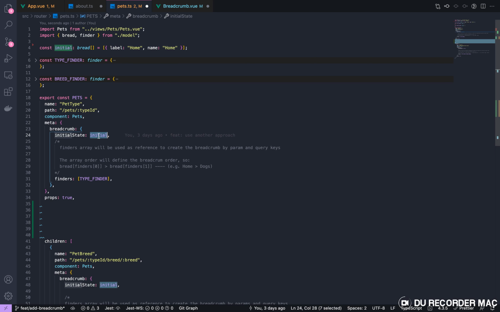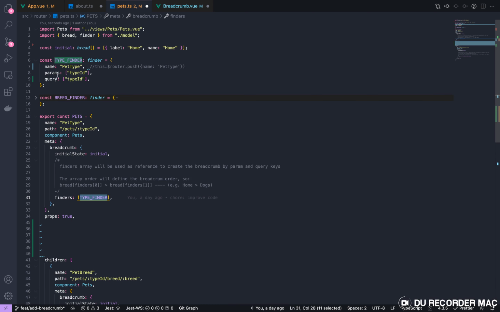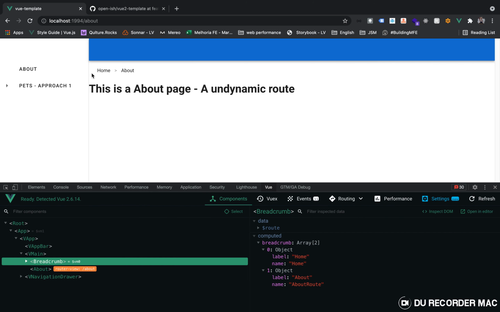So I have the initial state here, and I also have another field. In this case, I have the finders field, which is an object array. This object has some key information about our header. For example, we have the name of the header, we have a param of a header, because let's actually see